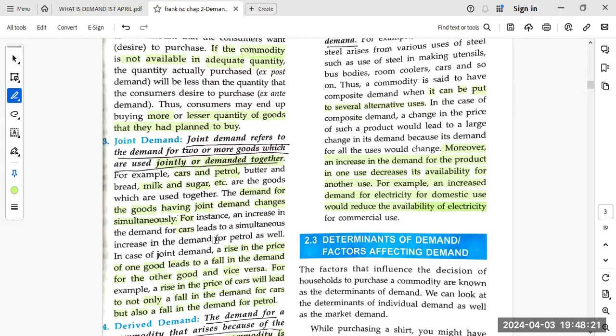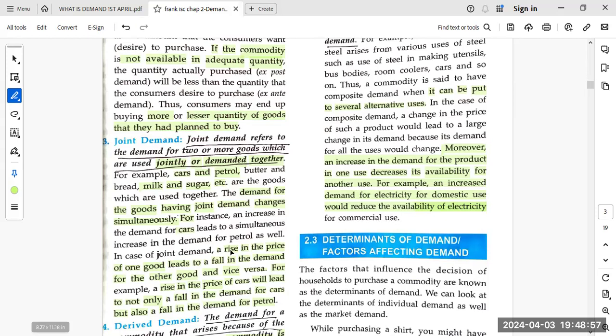Now, what will happen to the petrol price? Will it increase or decrease? Not petrol price. What will happen to the demand of petrol? Is it going to increase or decrease? It will increase. Right now, 1 crore cars are running, and they demand a specific amount of diesel or petrol. But if I just double the cars to 2 crores, the demand for petrol is for sure going to increase.